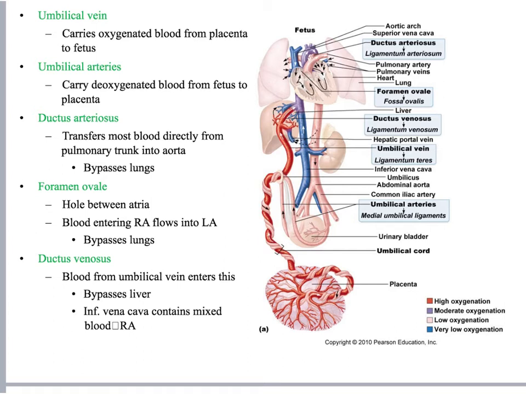The ductus arteriosus constricts and eventually is converted to a cord-like ligamentum arteriosum that just connects the aorta and pulmonary trunk, but no blood flows in between the two. All right, so that's a lot of changes that have to happen within minutes, no more than 30 minutes after birth. Closure of the foramen ovale happens slowly, but usually there's no real blood flow transferred between the left and right atrium.